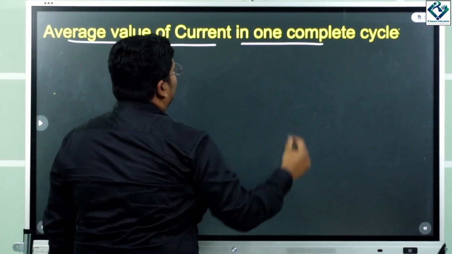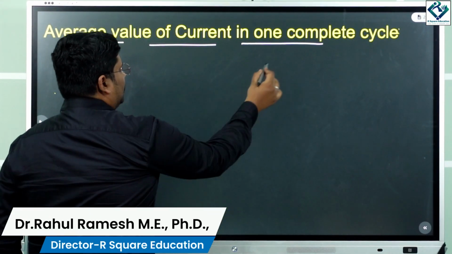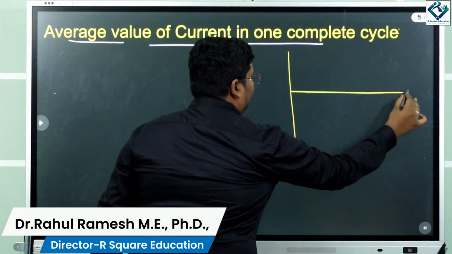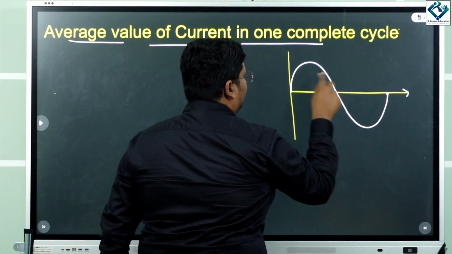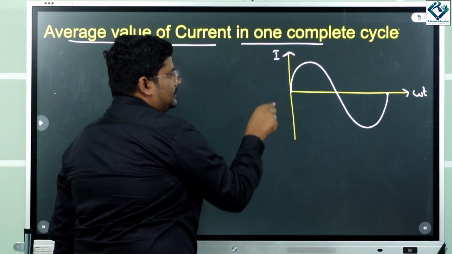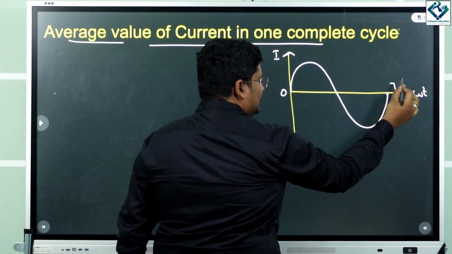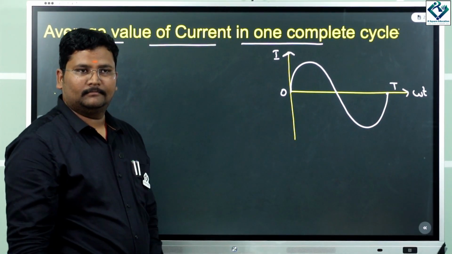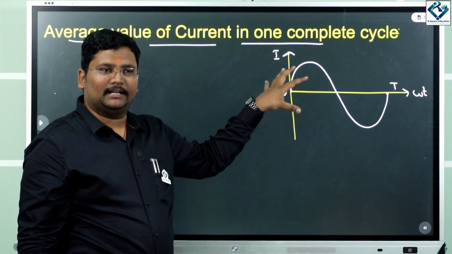Average value of current in one complete cycle. So one complete cycle means what? This is what is one complete cycle, where the time period is going to vary from 0 to T. Right, so now we are going to calculate what is going to be the average current of one complete